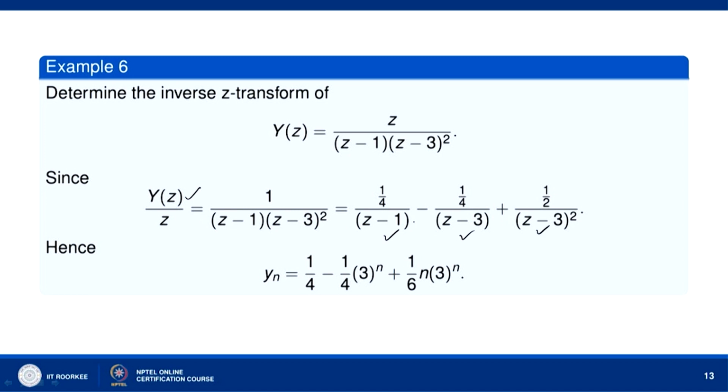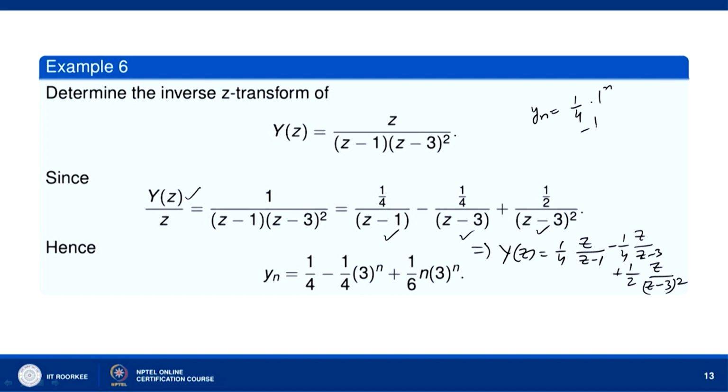Now, after we have got the partial fractions, we multiply by z on both sides. So, this will give you F(z) equal to 1 by 4 z over z minus 1 minus 1 by 4 z over z minus 3 and then 1 by 2 z over (z minus 3) whole square. Okay. So, inverse Z transform will give you the sequence f[n] will be equal to 1 by 4 1 to the power n, okay, then minus 1 by 4